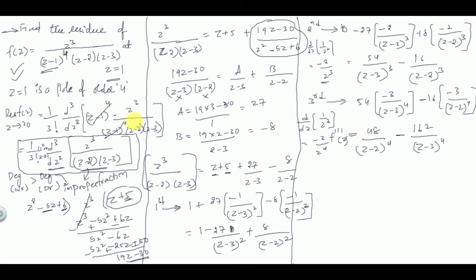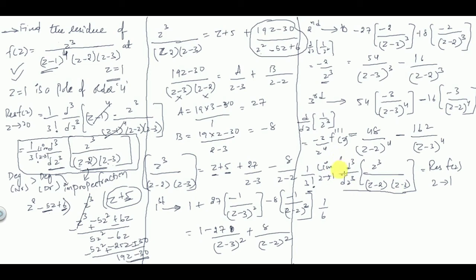What we need is at z equal to 1. So the limit as z tends to 1 of d cube by dz cube of z cube by z minus 2 into z minus 3, multiplied by 1 by 3 factorial, is your residue of f of z at z equal to 1. So 1 by 6, as 3 factorial is 6, times this total d cube by dz cube, which is 48